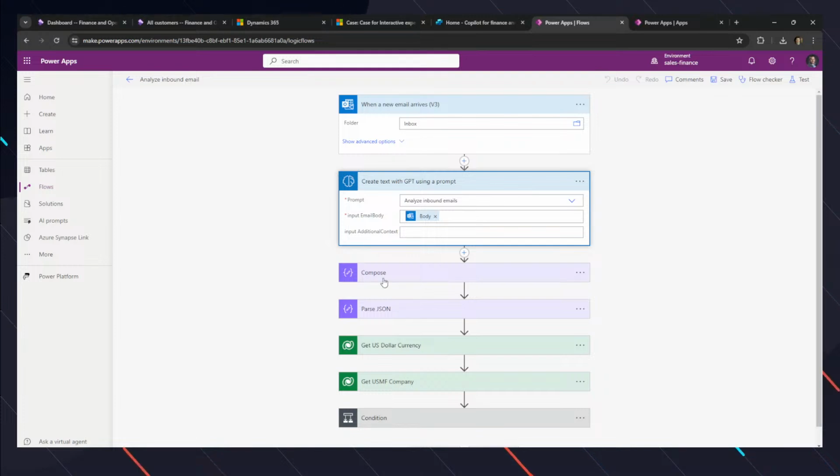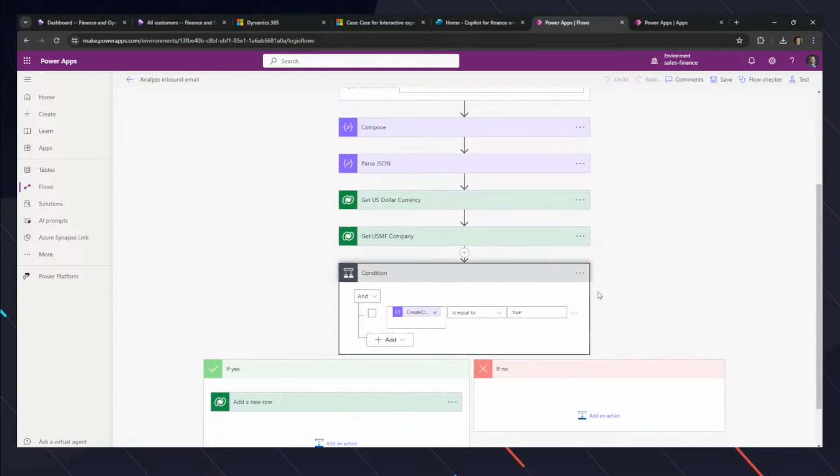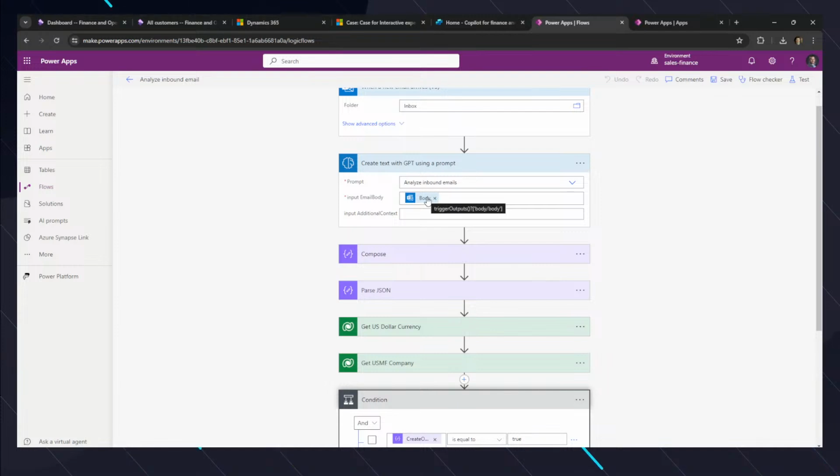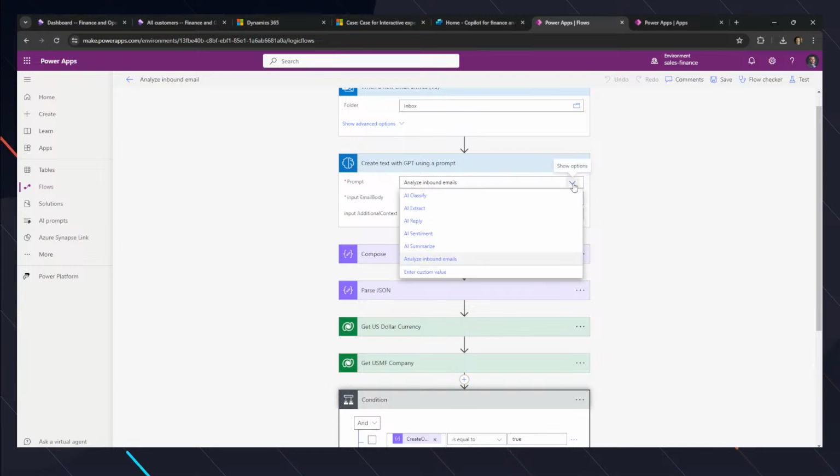And in this example, if we determine as we go through this process, for example when we create the text using this analyze inbound emails prompt that we've created, what's really cool is that these prompts, you can actually do your own custom ones inside of here. So in mine, I said, basically, we are a car part manufacturer, and if there is a response from a customer that states that they're interested in something related to car parts, I'd like to create an opportunity inside of Dynamics 365 Sales